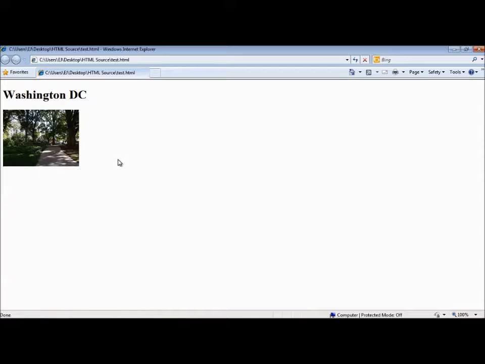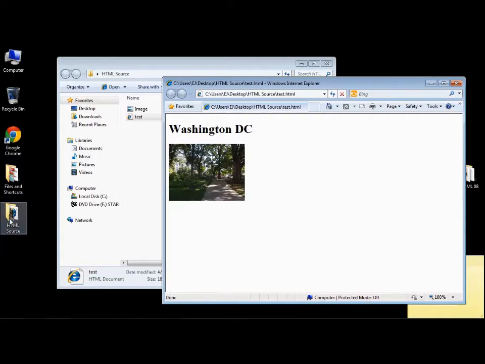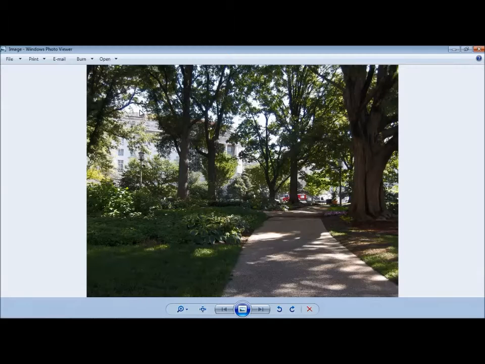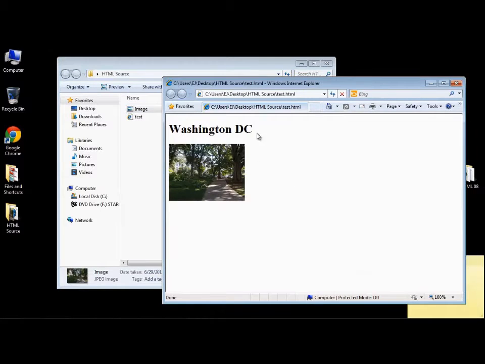Now, I want to point something out here to you. That resize that we just did is done within the browser. So let's imagine that I'm sitting at a remote computer here at some other location around the country. And this source is on the server. So this is being sent to my browser. The resize gets done on the user's browser. So what I'm saying there is the original image is sent in its full size. So if we take a look at this image, you'll see it's still a huge image. So that will get sent to this browser, and then the browser will read that HTML document and resize the